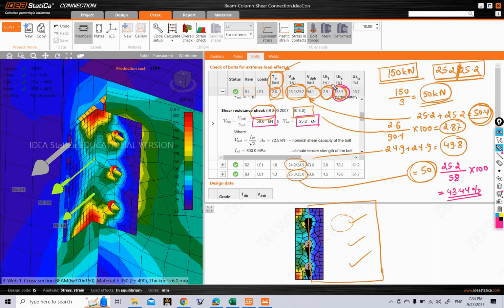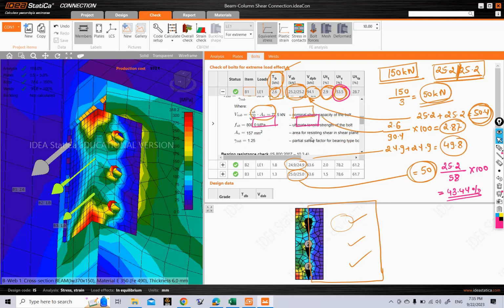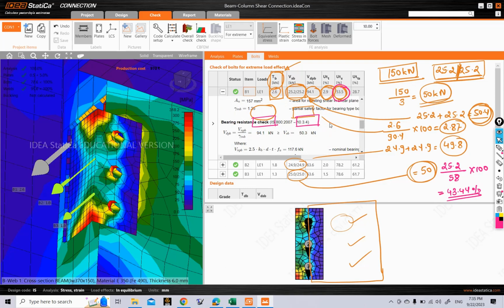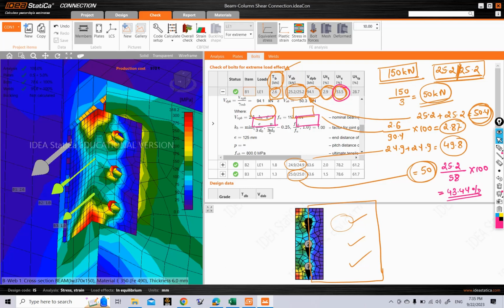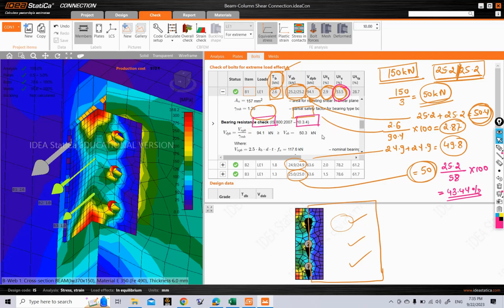So let me just see what is happening here. So this is utilization in shear. Okay, what is happening here is, let's see here. So what is the